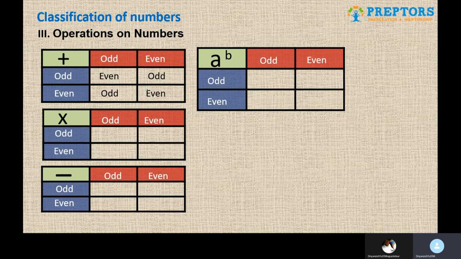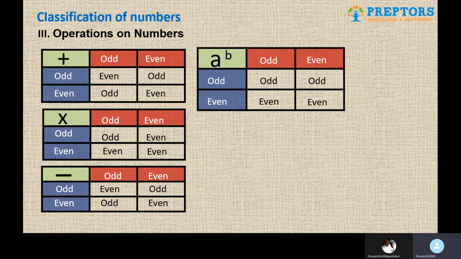A similar kind of process has to be replicated for all the three other operations as well: when you multiply, when you subtract, when you do a raised to b. Consider the examples. For odd, consider two odd numbers. For odd-even, first number odd, second number even. For even-odd, first number even, second number odd. And for even, you can take any two even numbers and apply the same process throughout, and you will easily get all these conclusions. So again, this is not something which is completely hard and fast, but if you remember it, it will be very, very helpful for you.